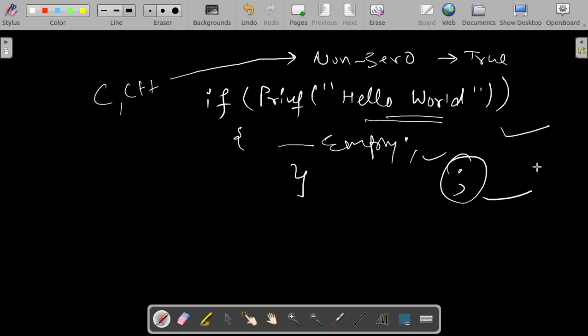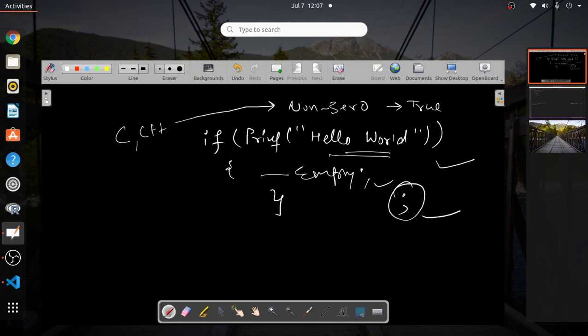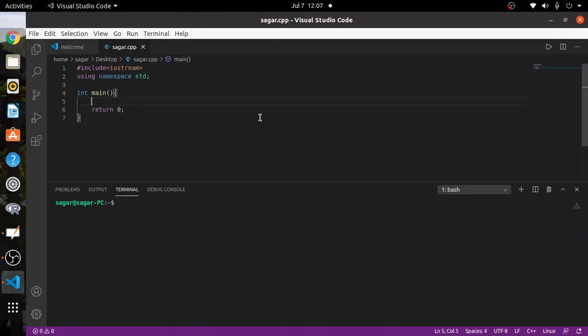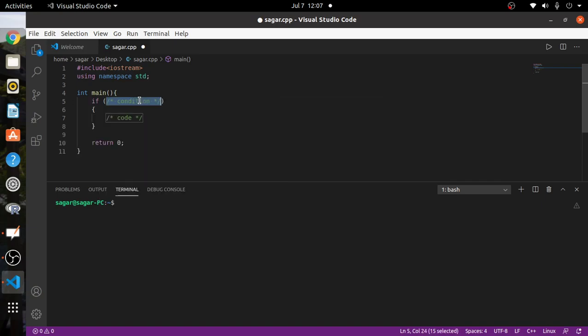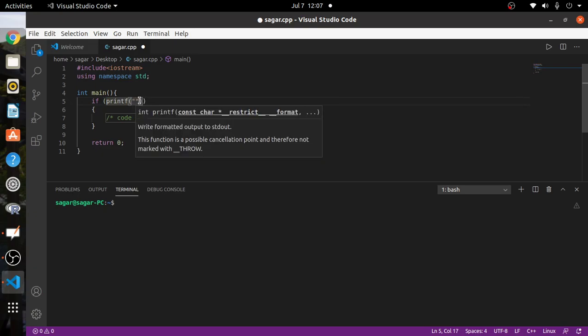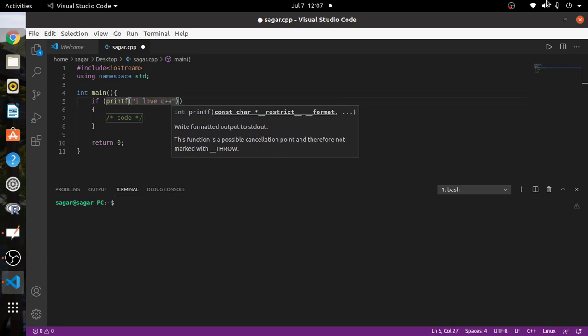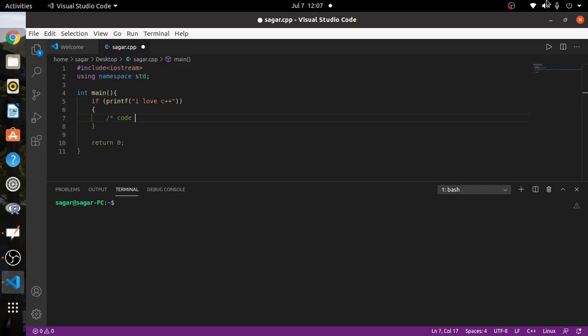So let's see in VS Code if this works or not. I have already written some boilerplate code here, so let's just write what we have seen. I will write an if statement with a printf inside it, and I say I want to print I love C++, within an empty if statement.